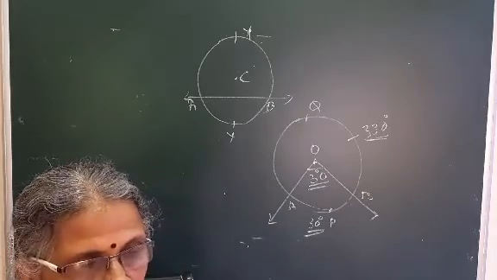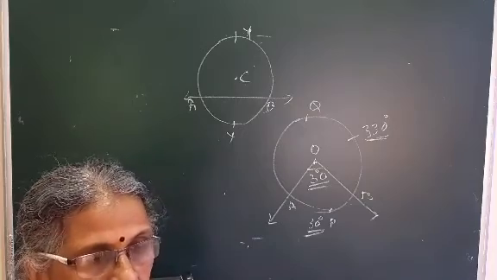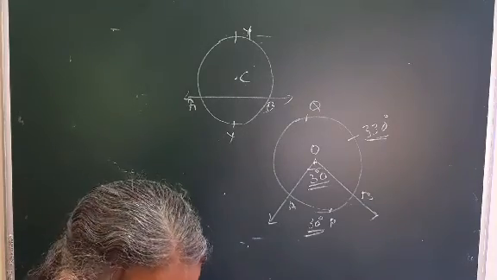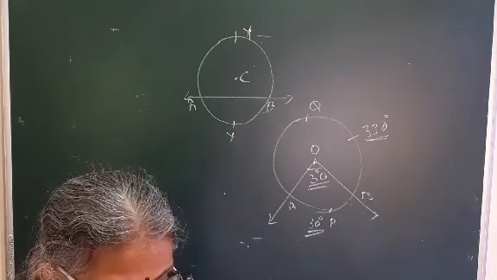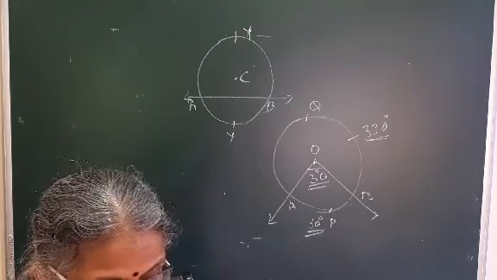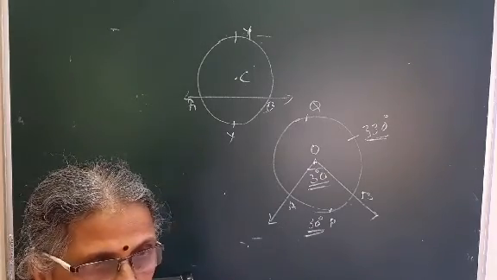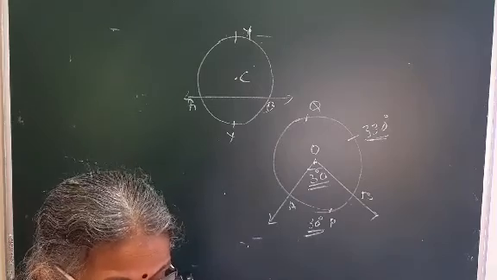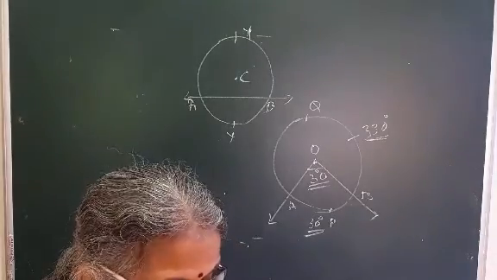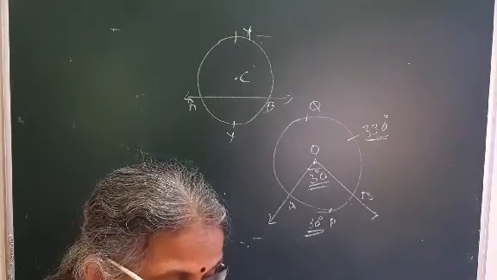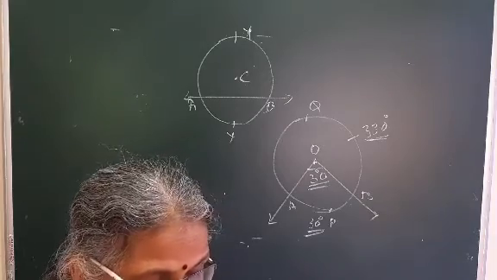Now the converse we are going to take, that is, they must have given the chords congruent and you have to prove the arcs congruent. Followed? So here in this, what is the statement? Corresponding arcs of the congruent chords of a circle are congruent. Followed? So corresponding arcs, now arcs are not given congruent. Corresponding arcs of congruent chords. Now the chords are congruent, given. So you are given PQ congruent SR and you have to prove arc PMQ equal to arc SNR or RNS.